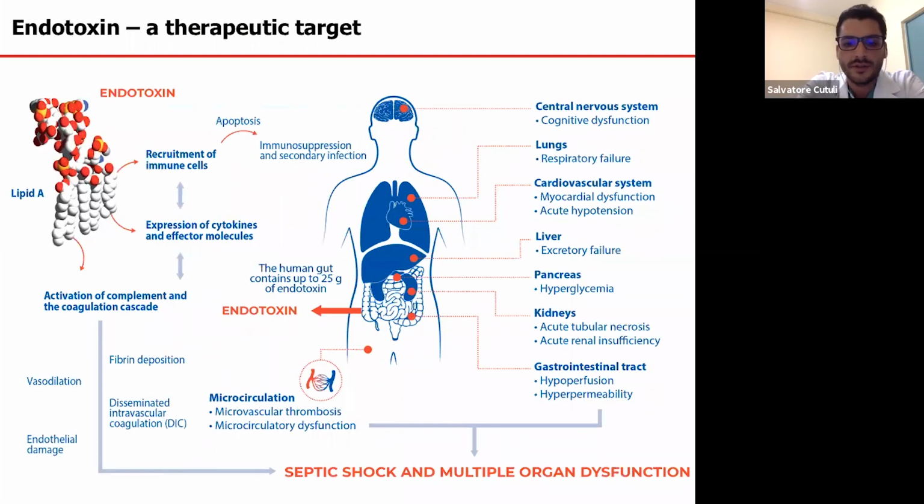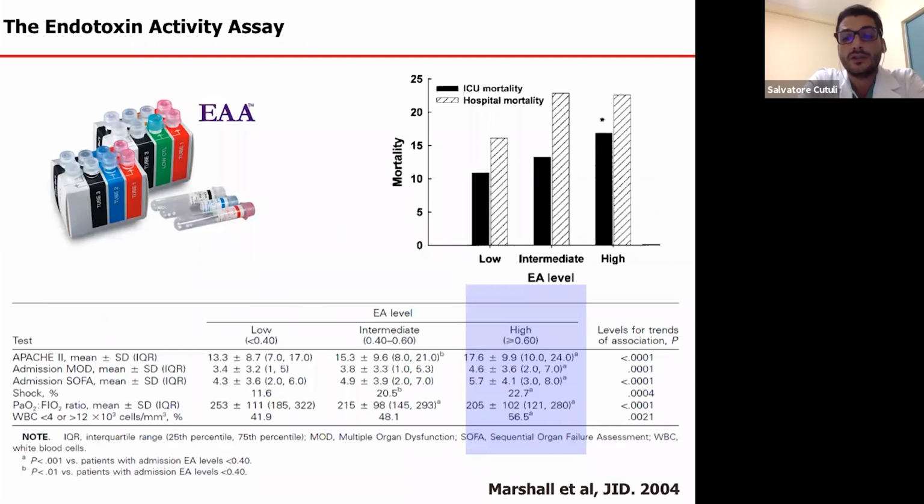So here you can see the reason why endotoxin really matters and where the damage associated with endotoxin release is, which is beyond the septic shock itself. It is something that really interests all the systems of our organism. And endotoxin is really important because it can be measured in the blood, and this is important because it